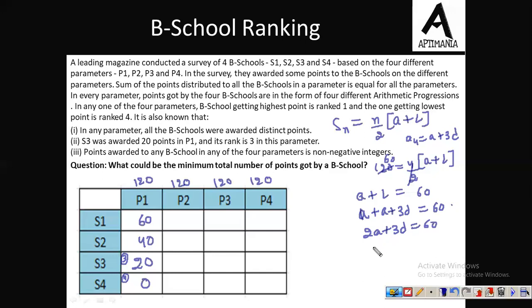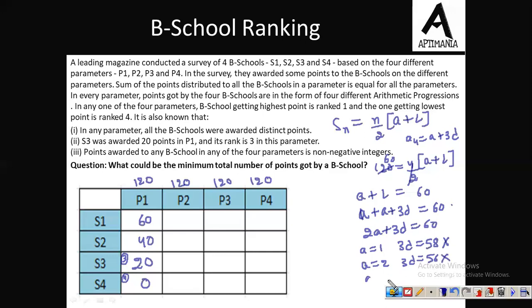Further, let us now assume that the value of a is 1. Now a is 1, so 3d becomes 58, but then d won't be an integer in this particular case. तो हम a को 1 assume नहीं कर सकते. Now let us assume a to be 2, so 3d equal to how much? 2 assume किया तो this becomes 56, which again is not an integer when we need to find the value of d. So 56 divided by 3 will not give us an integer. So this is also not possible.